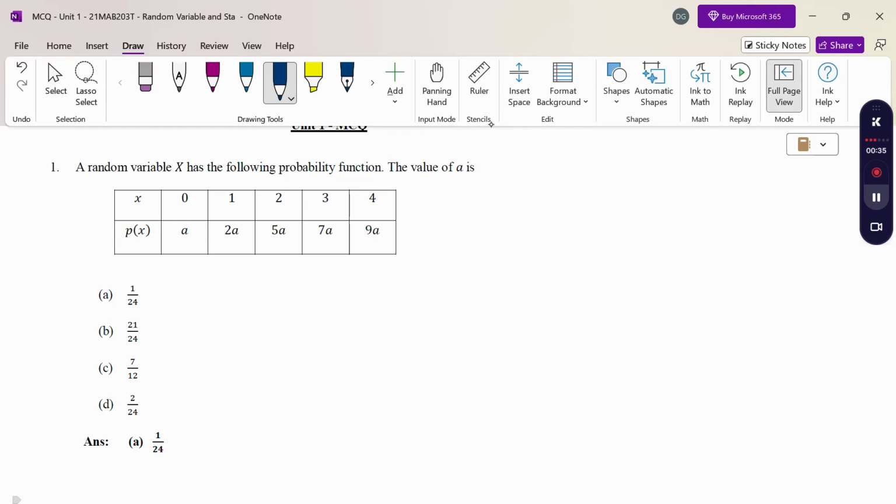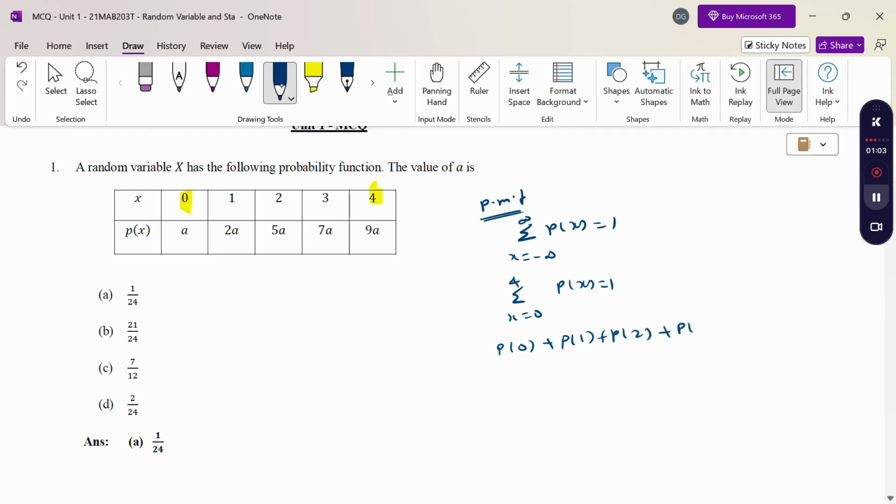If discrete, the probability mass function means the summation of p of x equals 1, with x ranging from minus infinity to plus infinity, total probability value 1. So when x is 0 to 4, because here it is given 0 and then 4, probability of x equals 1. Now substitute x is 0: p of 0, p of 1, p of 2, p of 3, p of 4 equal to 1. So p of 0 is a, p of 1 is 2a, 3a, 5a,